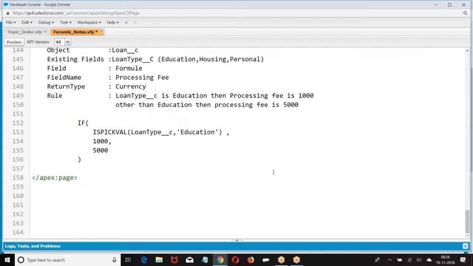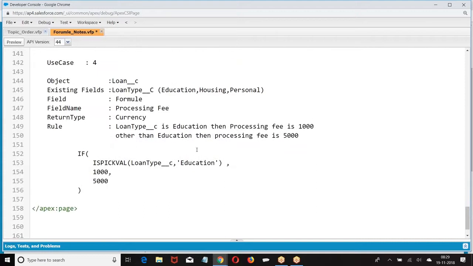You just give a quick condition. Is PICVAL loan type is education, 1000, otherwise 5000. Is PICVAL of loan type: the option selected in the pick list is education, then we have 1000, otherwise 5000. I hope you are good with this.